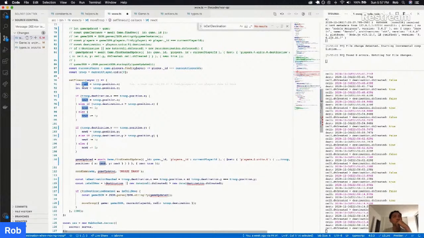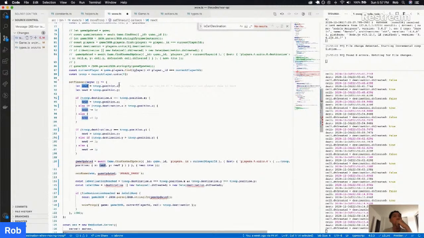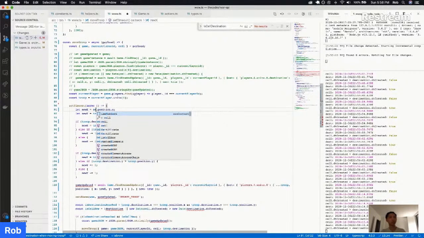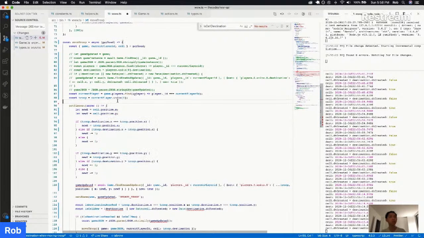new x equals troop.position.x. Huh? That doesn't make sense. It should be cell.position.x. If troop.destination.x. So what if the troop does not have a destination? Troop equals,